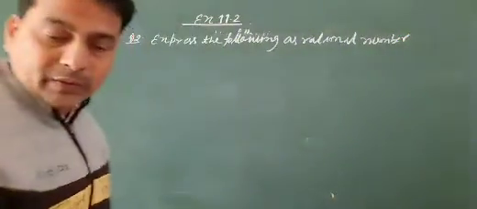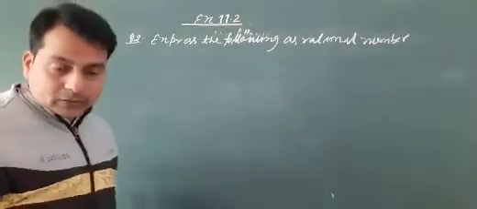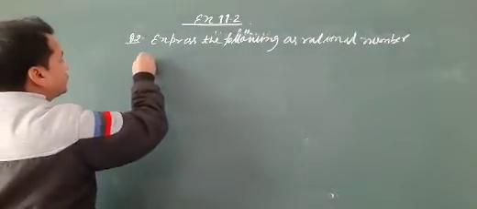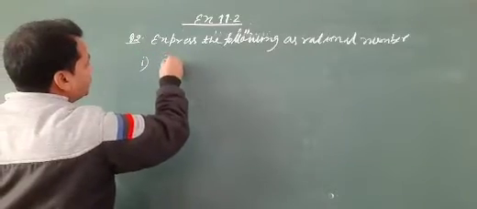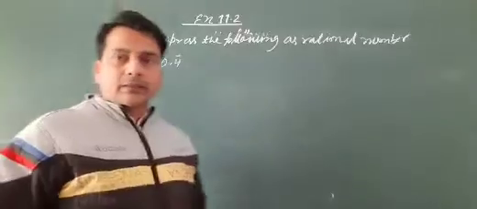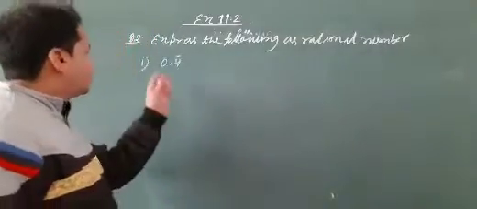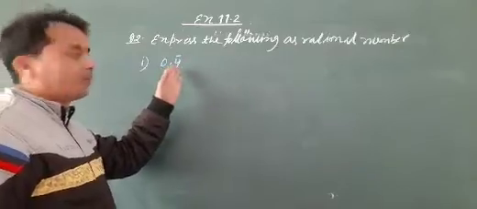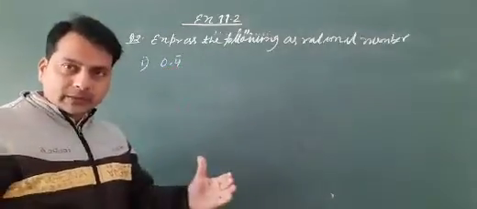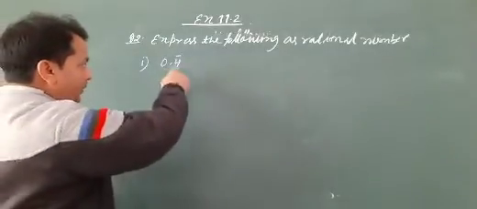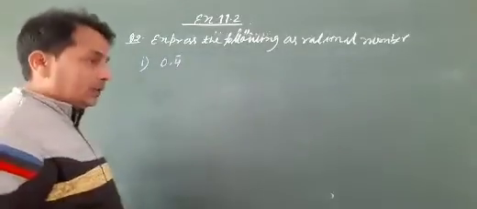The first question is 0.4 bar. In this question, 0.4 bar means that after the decimal point only one digit is repeated. So now let us